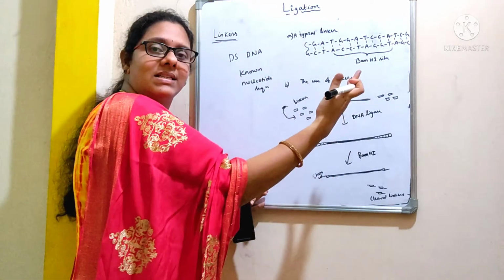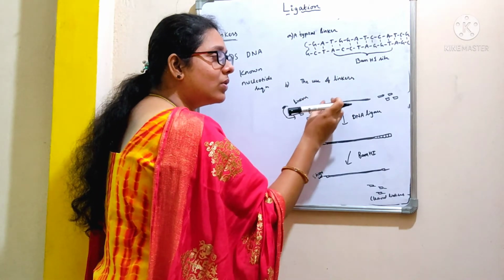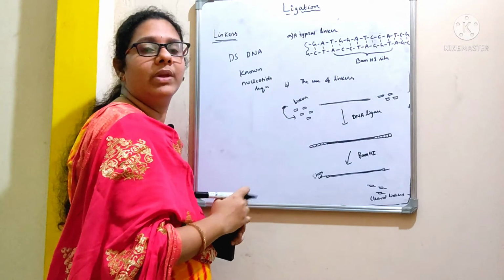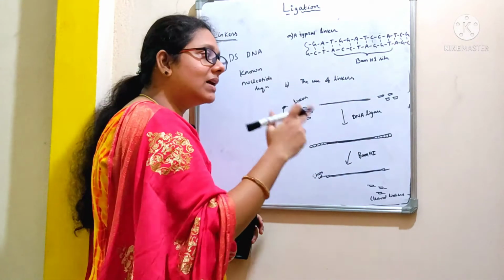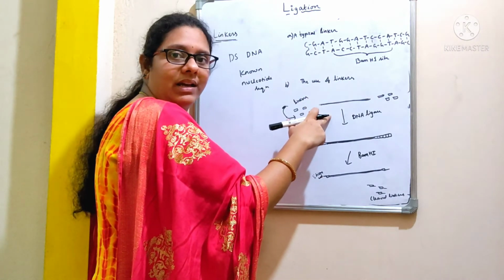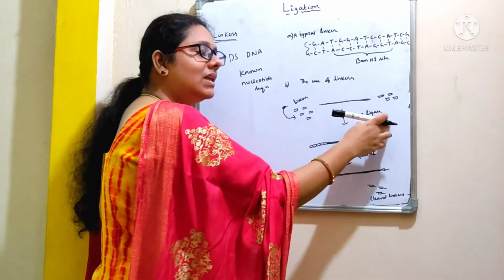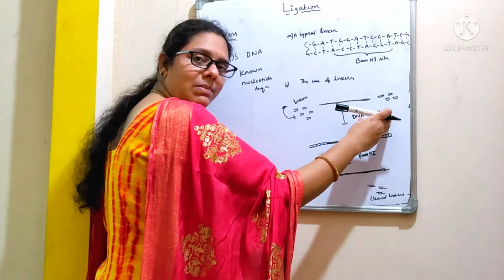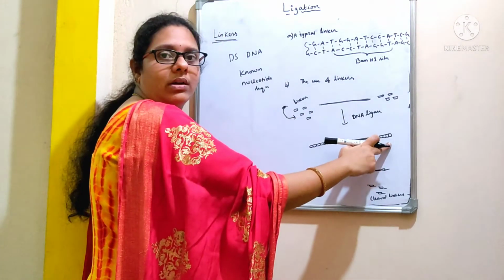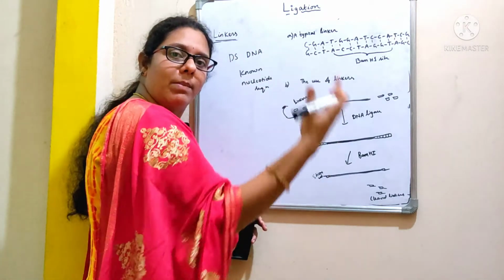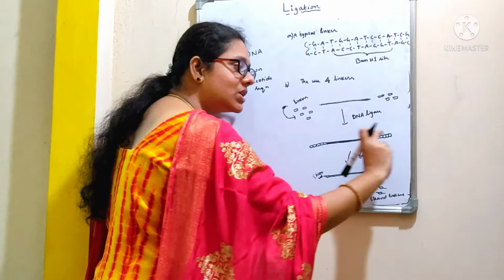When we add these linkers in high concentration in a test tube, these linkers are going to attach with the DNA molecule. Here the DNA is having a blunt end. Now we are going to make a sticky end onto this blunt-ended DNA molecule, right? When we add these linkers and provide the enzyme DNA ligase, this enzyme is going to join these linkers at the end of the DNA molecule. So as we provide more linkers, all these linkers will be joined together forming a chain.